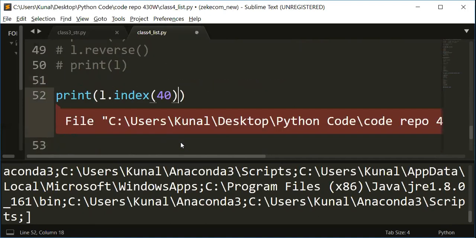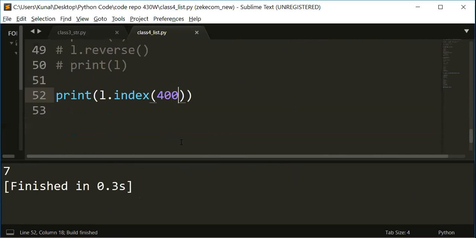I need to specify the element which exists. It will check if the element exists and return the index of the first occurrence of that element. So I do not have a find method here, I only have the index method. And if you want to count the number of occurrences of a particular word,